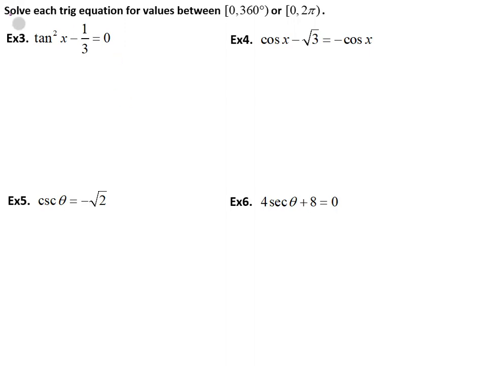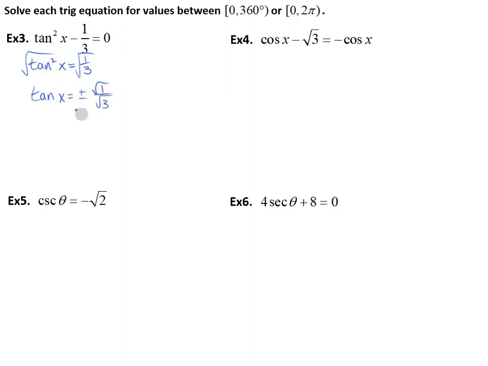Okay, let's try some more of these. So same exact directions. Now we've got a tangent here. So first thing, to get tangent by itself, let's add 1/3 to the other side. So tangent squared of x equals positive 1/3. And then we're going to need to square root both sides to get that square off of tangent. And we can write plus or minus, don't forget when we're taking the square root of a variable,